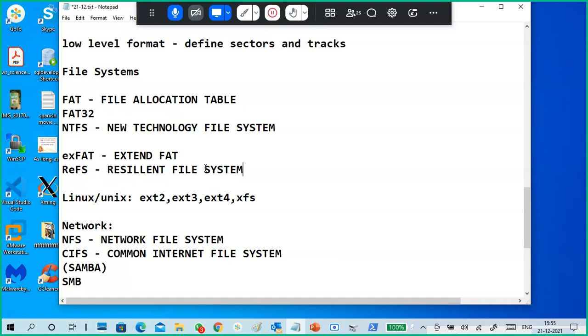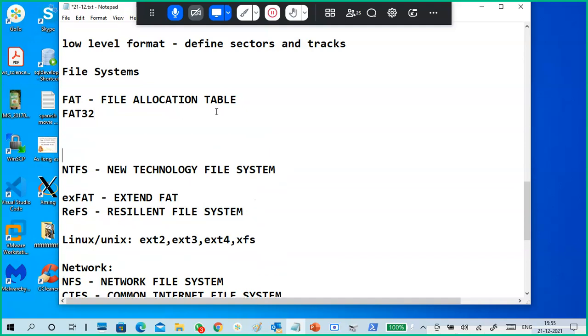So we'll see the differences in a file system. FAT32 is a 32 GB partition size.